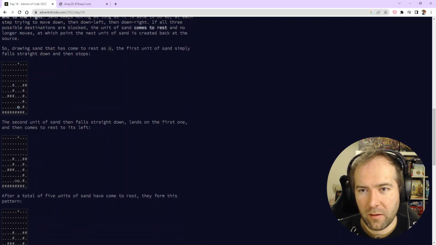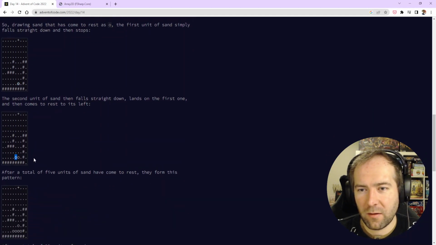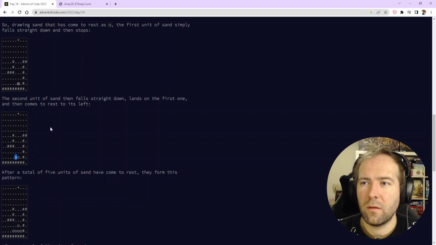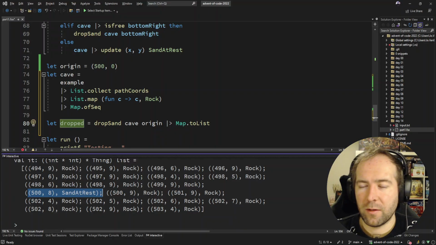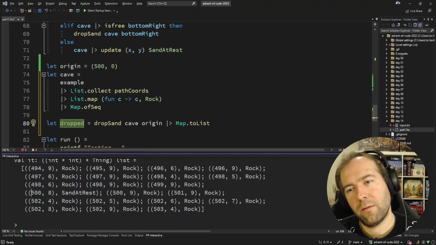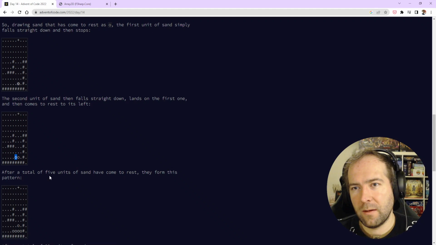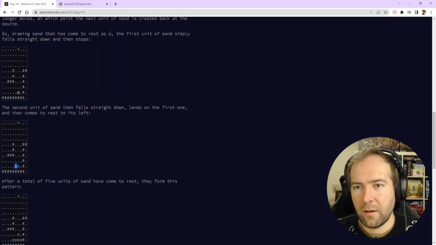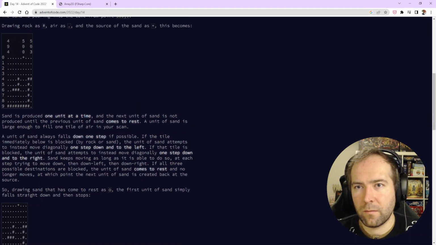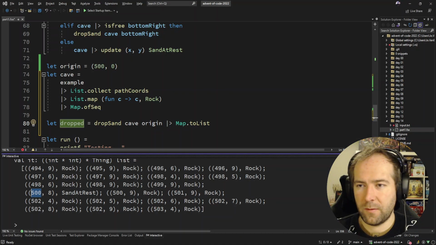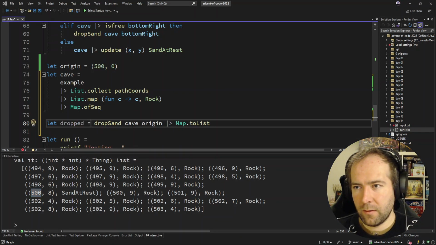Let's see whether our second grain of sand goes to the left of it. So that should land on 499.8, right? Is that 499.8? Yes. So we have